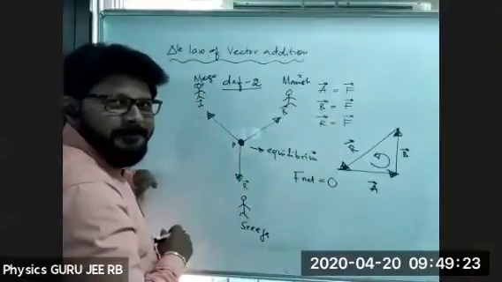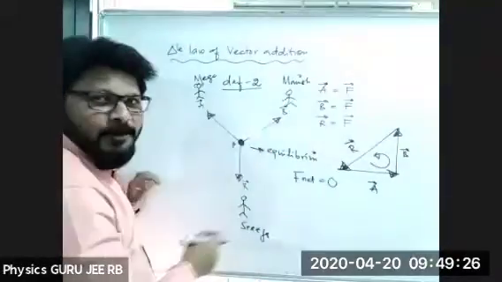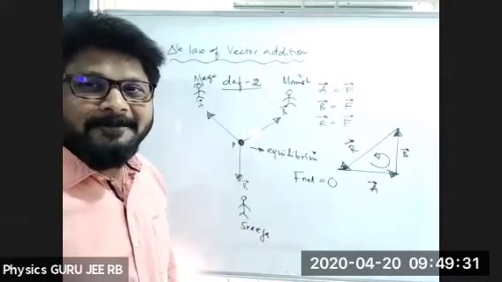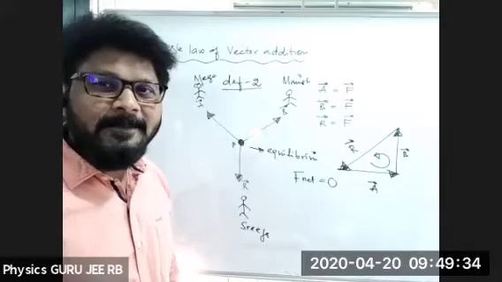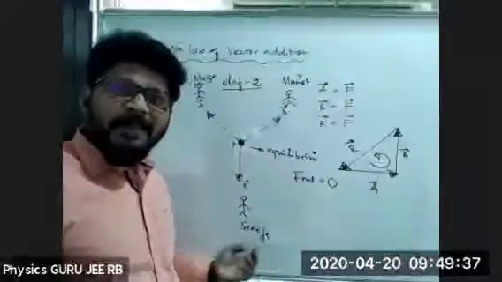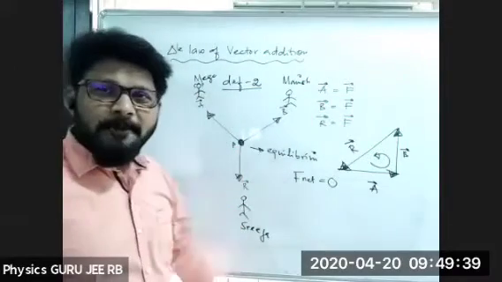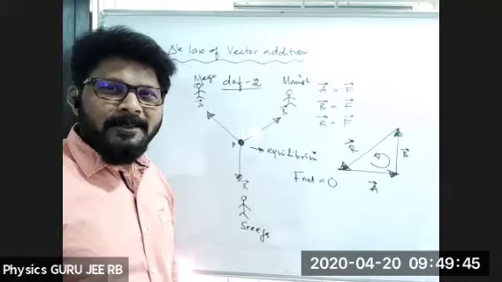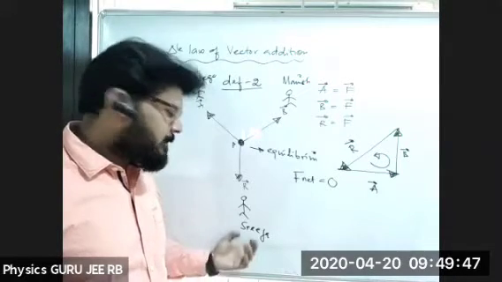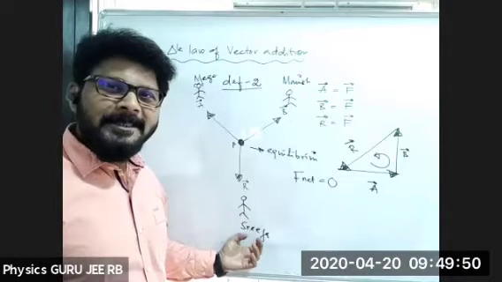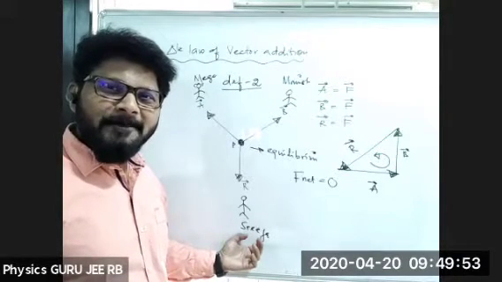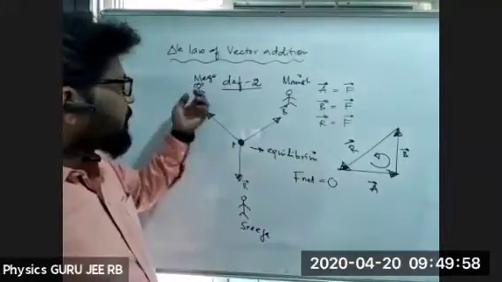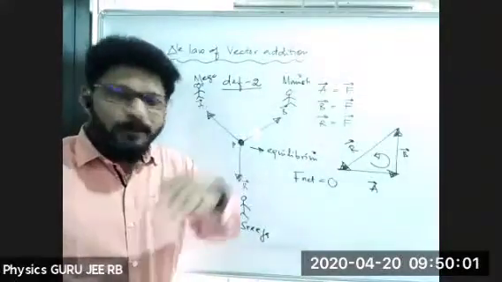So Megha, Manish and Srija are pulling. In which direction will it move? If Srija is pulling with a greater force when compared to Manish and Megha, in which direction will it move? Srija's side, right? We're taking an example. You have to involve yourselves in that example, okay? So Srija is pulling with a greater force when compared to Megha and Manish. Then it will move to Srija's side.